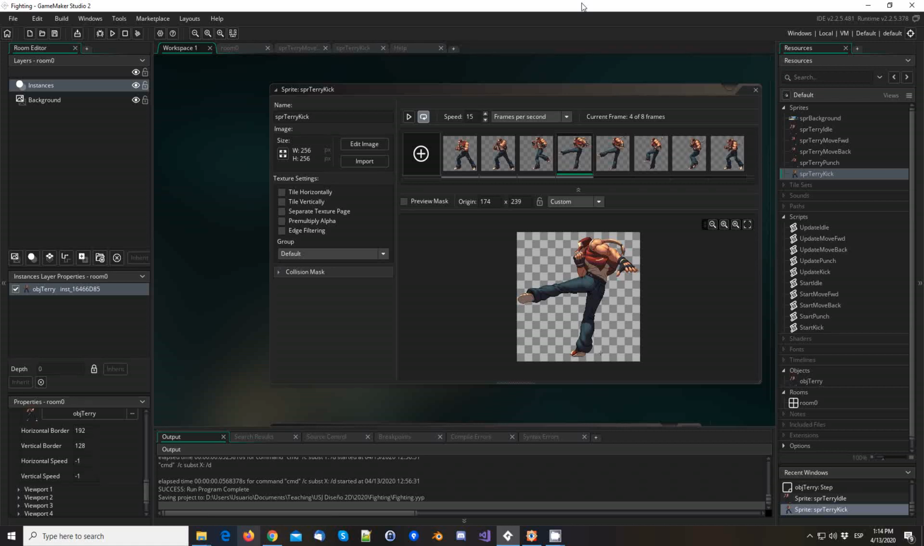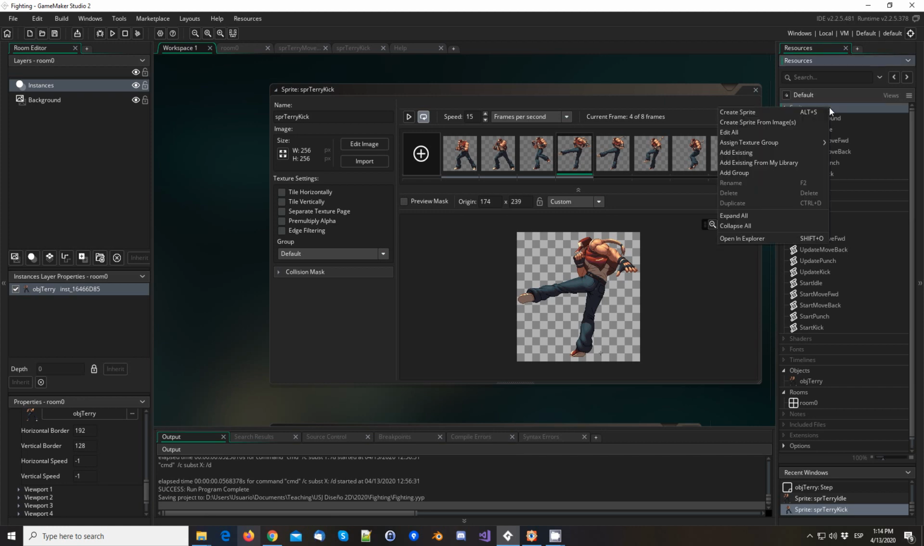Hi guys, we're back with another tutorial for the GameMaker fighting game, and today we're going to be implementing the crouched state with a crouch punch and a crouch kick to better show how the state machine works. So the first thing we're going to do is add the sprites for